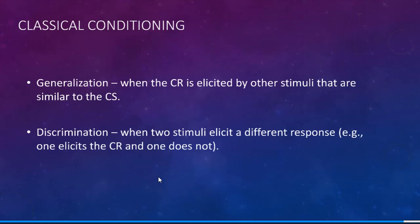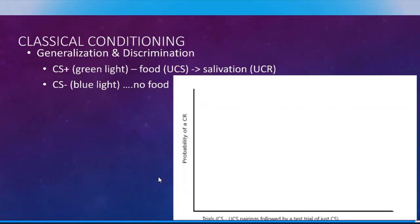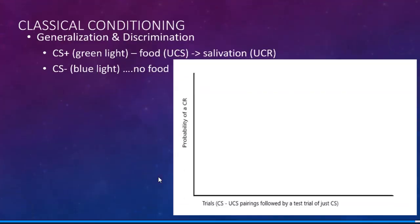And what we can do is, you might want to know, how do we know this? How do we discover this? Well, we can do classical conditioning experiments that tell us that this is the case. So what we could do is something I was mentioning just before. We could take a light, like a green light. We're going to call this a CS plus because this light is associated with food, the unconditioned stimulus, and we're